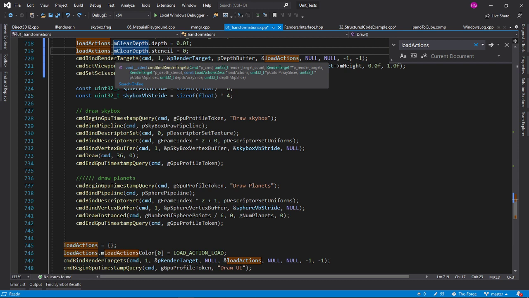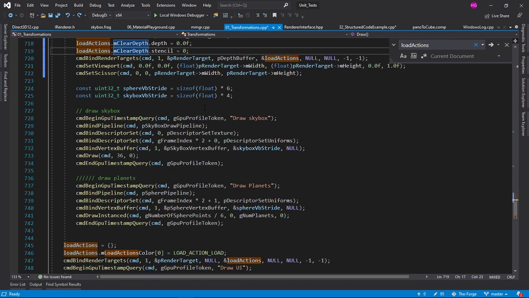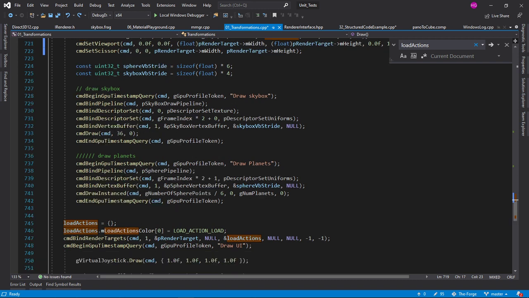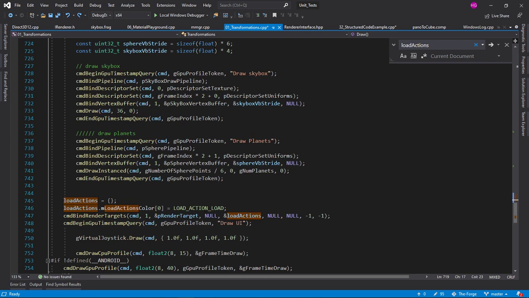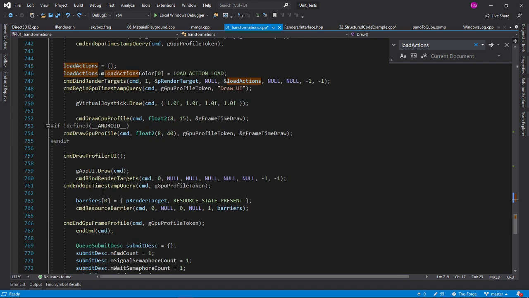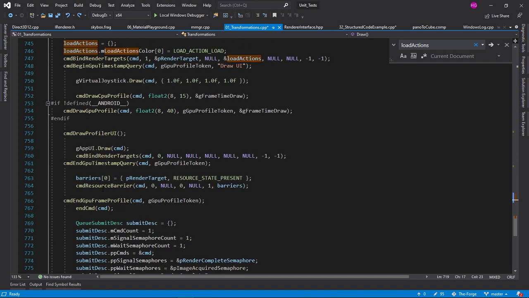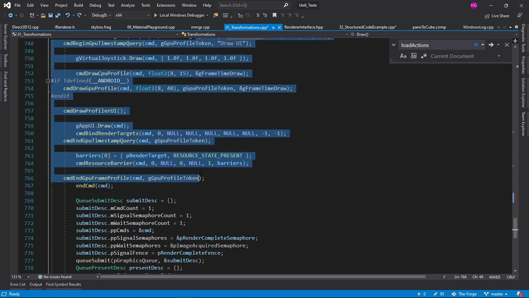Load action. So I guess this is just saying that I don't want the depth buffer anymore. So that is rebinding. And then from here on, I guess we're just drawing the